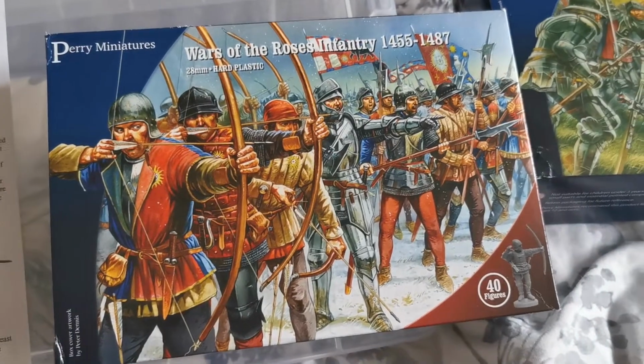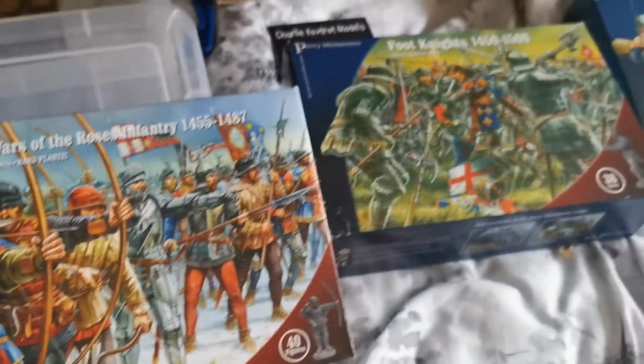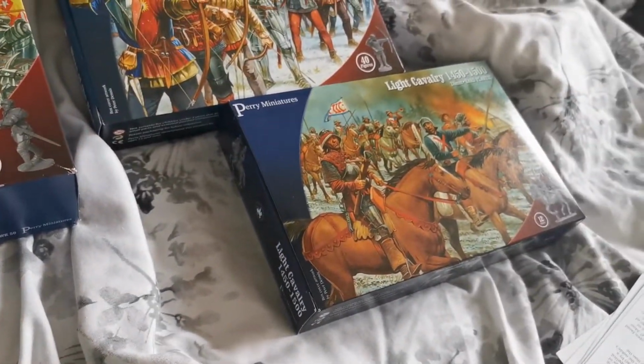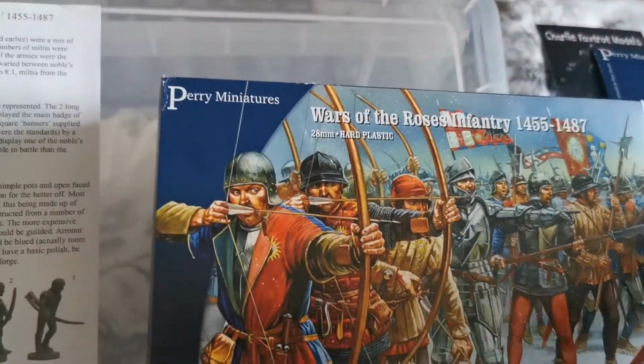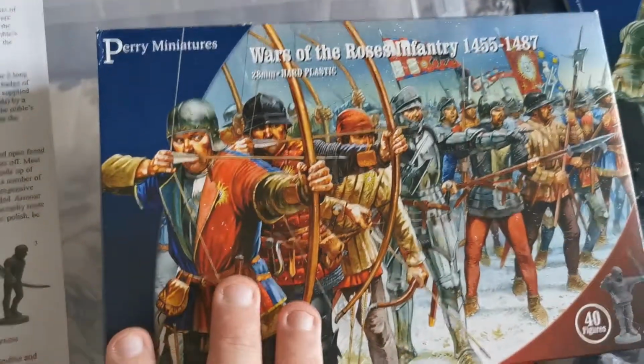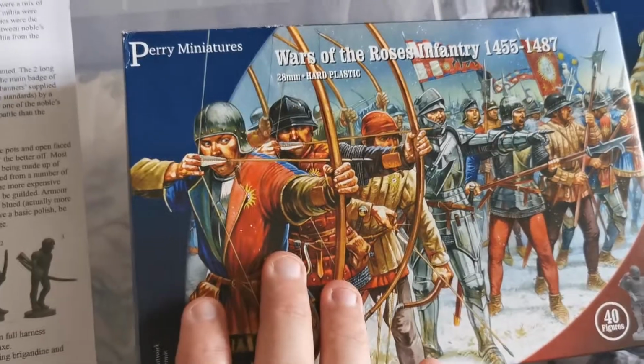It's not a problem. So obviously they do a range from the infantry box set. They do the foot knights box set within the same era, and they do the light cavalry and infantry for the same era. You can also get metal ones, which I've got as well, but we'll go for them at different times. Today we're going to be focusing on the infantry box set, which is the 1455 to 1487 bills